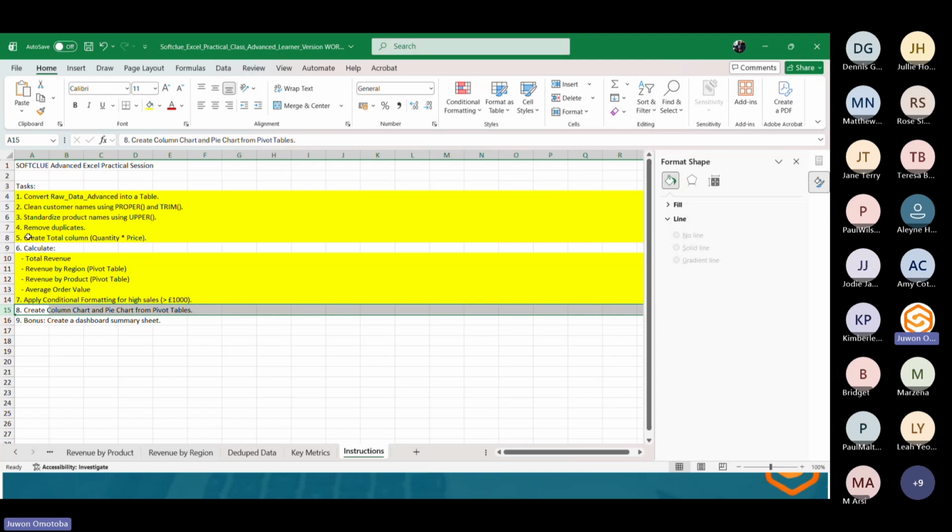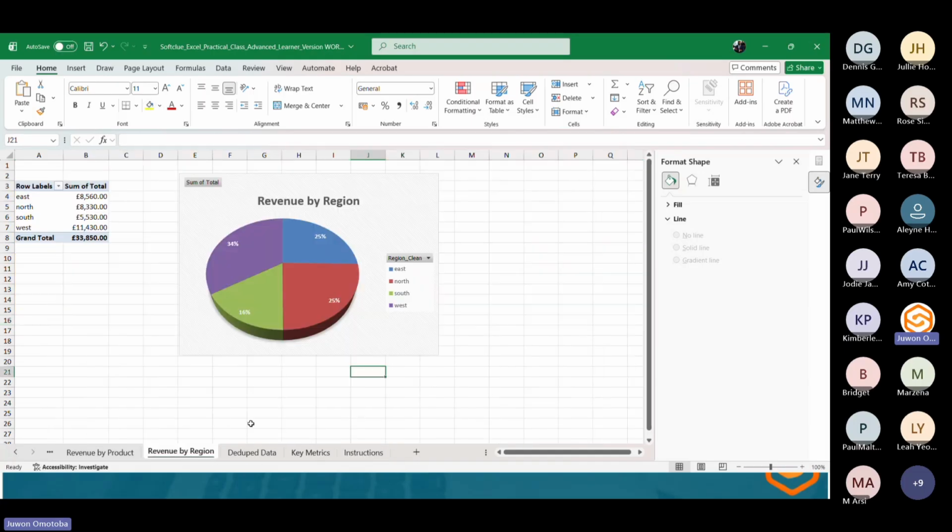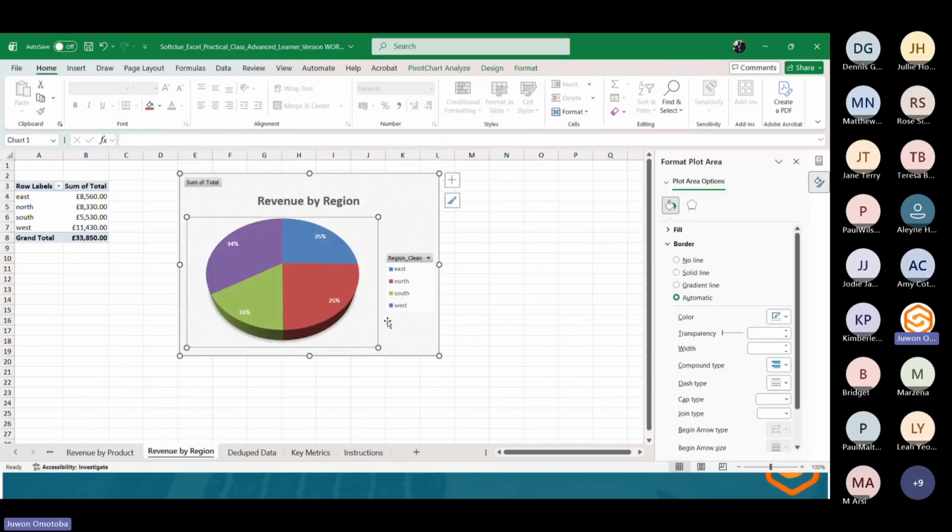We created a total column from quantity and price. And today we looked into the total revenue, the revenue by region, revenue by product, and the average order value. We also applied conditional formatting for high sales, and created a column chart and pie chart from the pivot tables, and we can regard this as the summary sheet. The summary sheet is all about putting all this together,